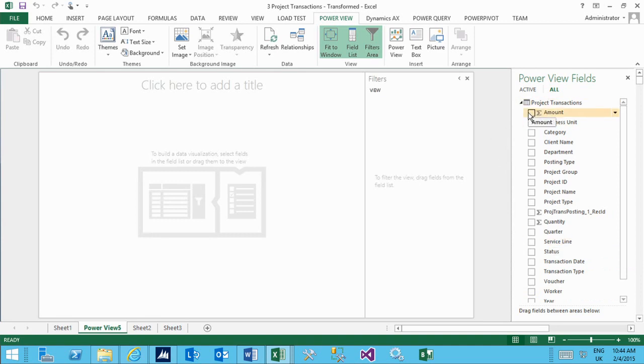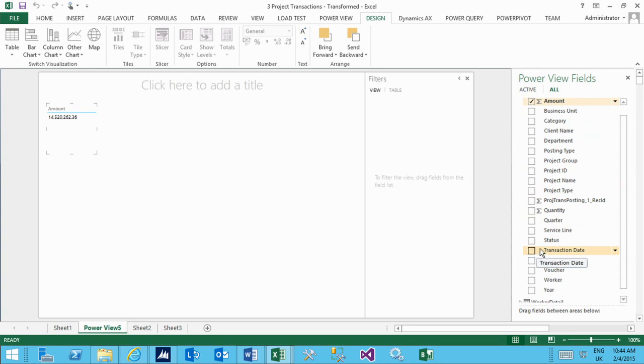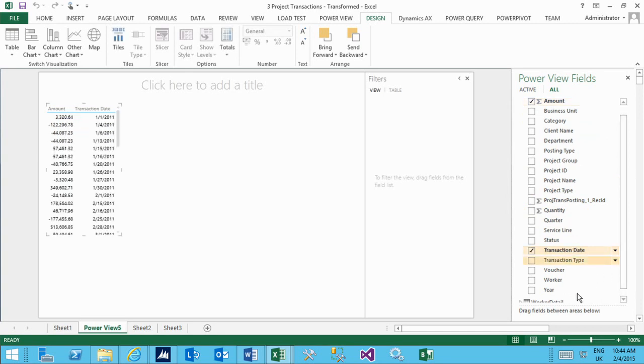So we're going to create some visualizations. I'm going to be a bit sneaky here, and I've got one pre-prepared, but to give you the idea of what you actually go through in this process, to start creating the visualizations, we just start ticking on fields here, and you'll notice over on the left, it will start putting together a visualization. So I can say I want amount by transaction date, and I also want the year and the quarter. Right now, this is obviously coming out as a terrible table on the left-hand side. No one would actually want to visualize it that way. And then we come up to the top here, and I can say, put this